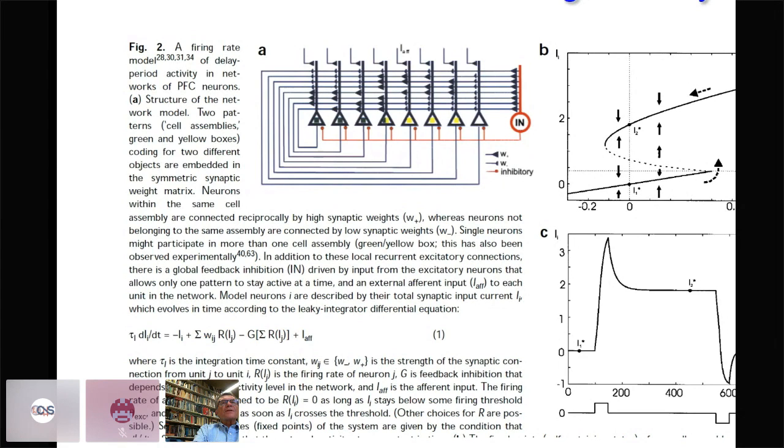But it's a very simple model, and it's very appealing. The idea is you have very highly recurrently connected groups of pyramidal cells, and you can analyze it mathematically. You can also simulate spiking neurons, and what you see here on the right is